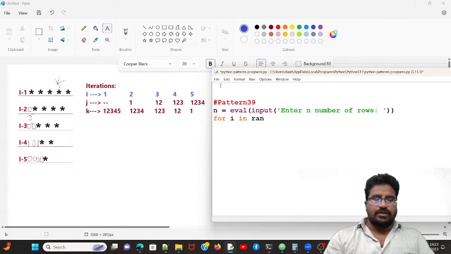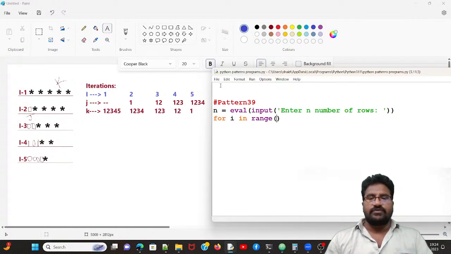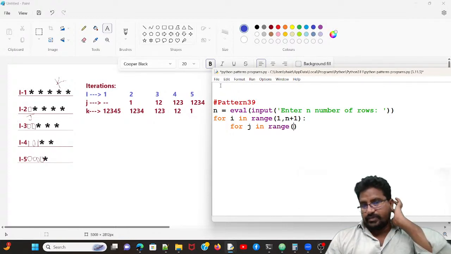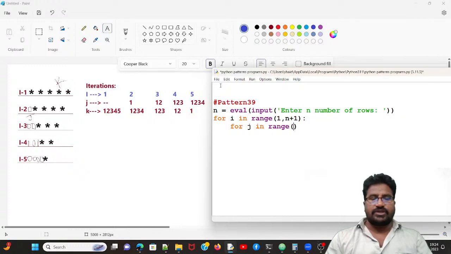Now for I in range, this is the common one, n plus 1. So 5 times iterating. So I'll take the J loop for displaying the spaces, right? First time no iterations. So I'll take here I plus 1. Why I plus 1? When I value is 1,